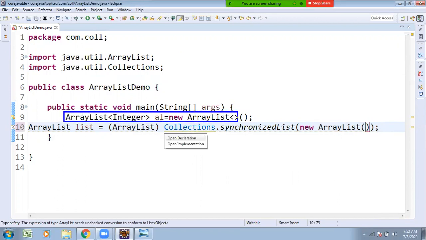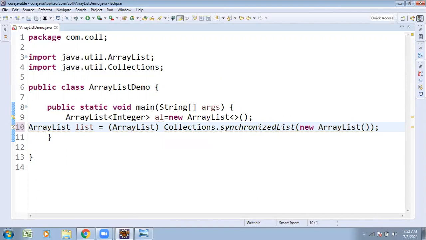By default it is unsynchronized, so there is a data inconsistency problem. If you want data consistency, exact data, it is recommended to use the synchronizedList method, which is available under the Collections class. Collection is an interface; Collections is a built-in class that contains methods. With the help of that method, we can make it synchronized also.